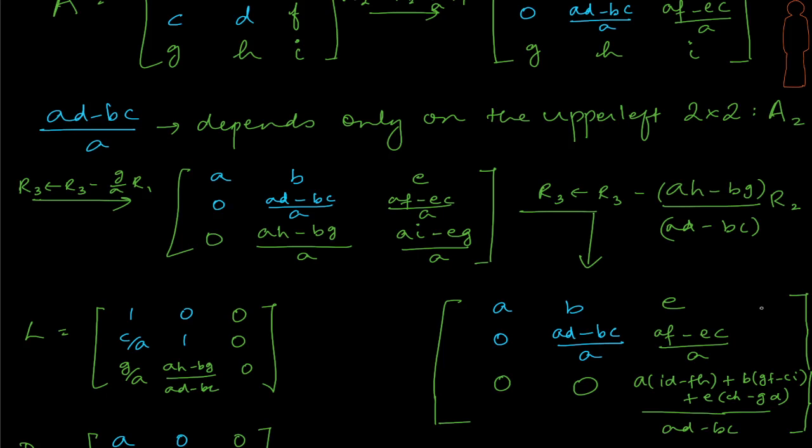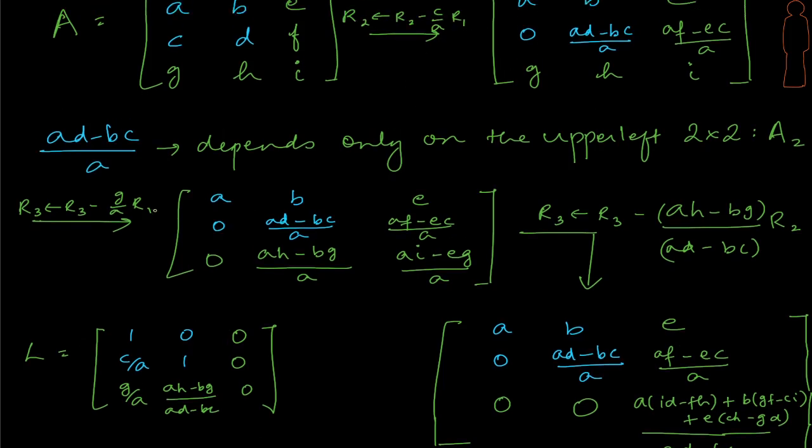So let me show you that we have figured out the upper triangular matrix, and since we have the upper triangular matrix with us and the multipliers, we know that we can figure out the L. Okay, so look at the first multiplier here. I think we had a C by A, right? So look at this, it is C by A, G by A, and AH minus BG by AD minus BC. Those are the multipliers I kept here. So that's a mistake here. This can't be 0, sorry, that must be a 1. Okay, so this is my L matrix, and watch very carefully the way we have colored the upper left 2 by 2 here. That's very important. We're going to see a very interesting observation.